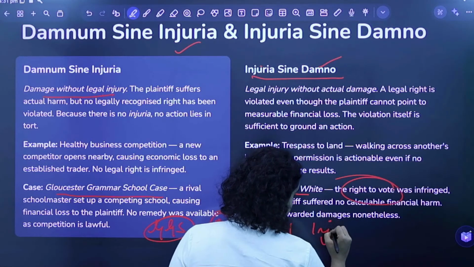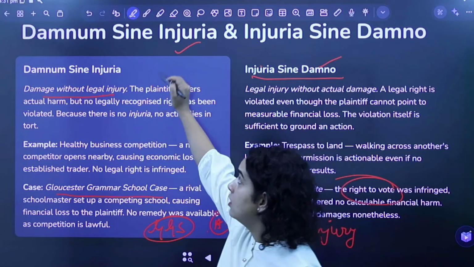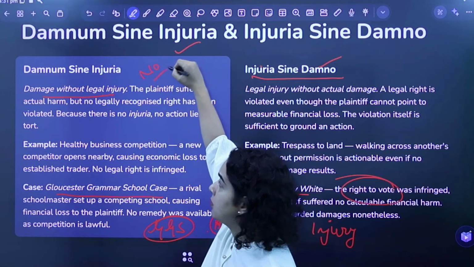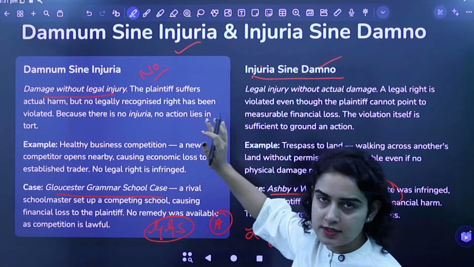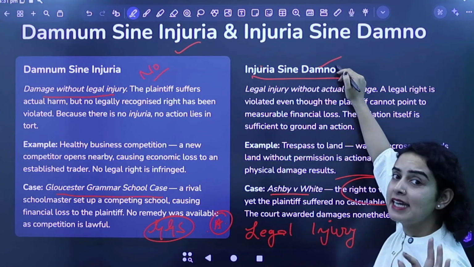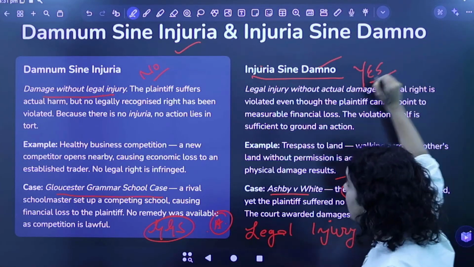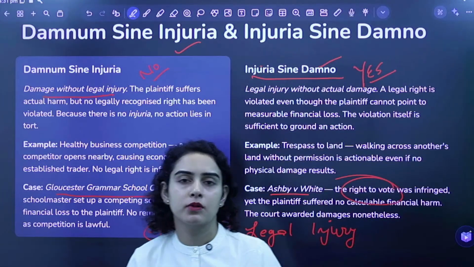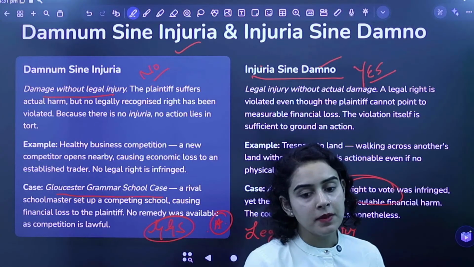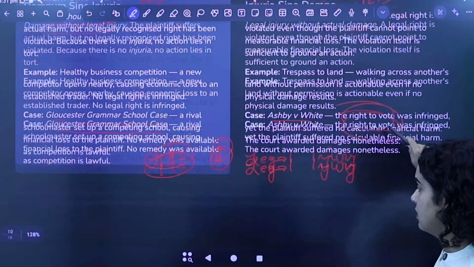अगर डैमेज हुआ है पर कोई भी लीगल इंजरी नहीं हुई है तो नो टॉर्ट्स एप्लीकेबल. लॉ ऑफ टॉर्ट्स कुछ नहीं कर सकता. इंजरी, लीगल इंजरी हुई है पर कोई डैमेज नहीं हुआ है, doesn't matter, law of torts will be applicable because we are more concerned about the legal rights and it's not the remedy, it's not the damage that really matters to us. Okay,